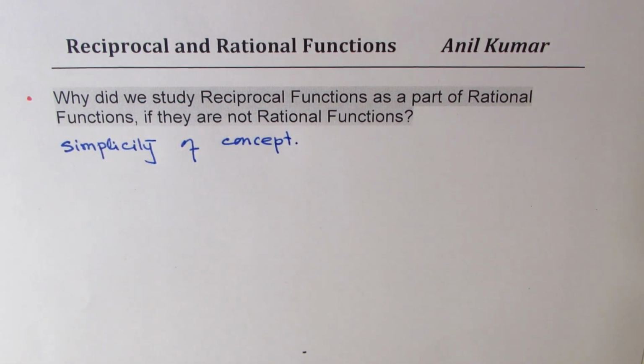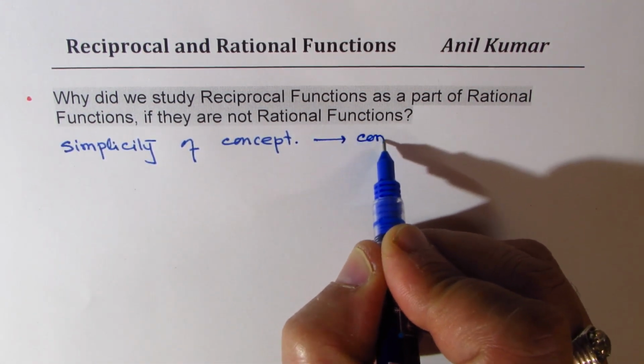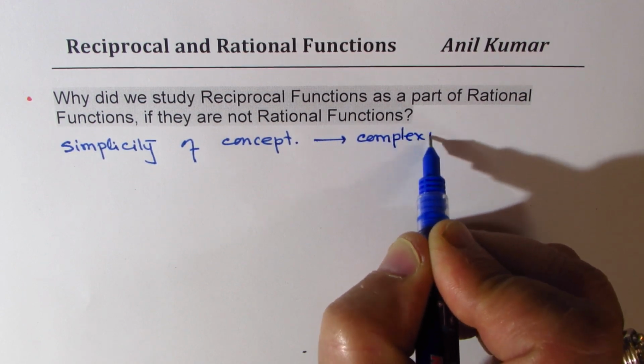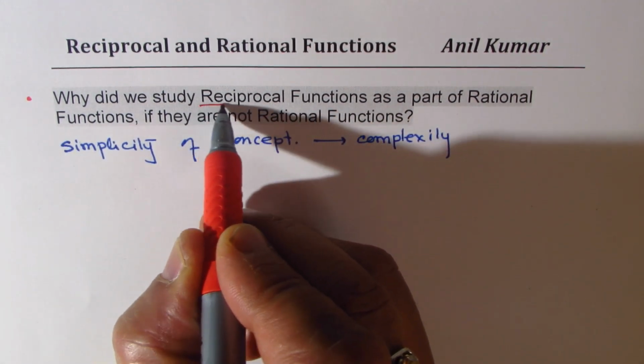So at times we do see that simplicity leads to complexity. So that is always there. But it helps us to really solve complex problems also. So that's the whole idea. So there are two ways to look into it. First part, when we look into reciprocal functions, is